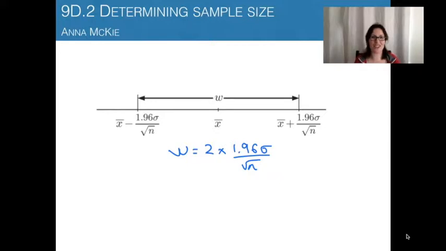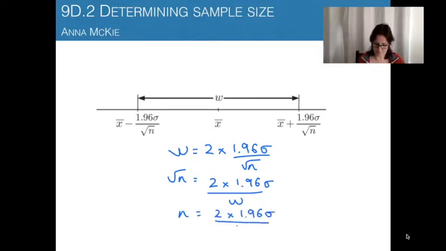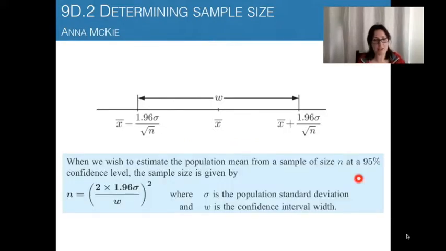And as this topic suggests, we're interested in determining the sample size. So if the width of your confidence interval was to change, how would that affect how big your sample needs to be? Currently, the subject here is W for width. Let's rearrange it to get N as the formula so that we can determine our sample size. So I'm going to essentially switch root N and W. And then to make N the subject, I'm going to square both sides. So that's our formula for determining the sample size for N. So that's for a 95% confidence interval where sigma is the population standard deviation and W is the width of